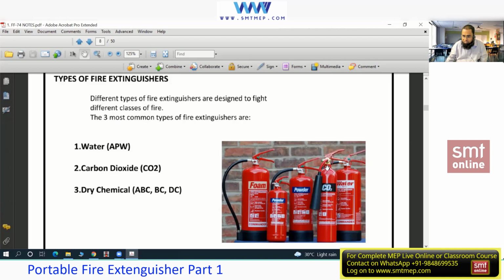Sir, because if the quantity is less, it will still give the same indication. Yes, exactly. Why? Because the CO2 is in liquid form, and in liquid form, the same pressure it will exert even with a small quantity inside the cylinder. So the pressure will give false information about the quantity or capacity of CO2. So remember, for a CO2 fire extinguisher, you will not find any pressure gauge. The quantity you can find out by the net weight. Okay, this is one point for the CO2 type. More information about CO2 we'll discuss.